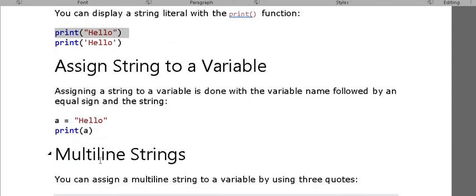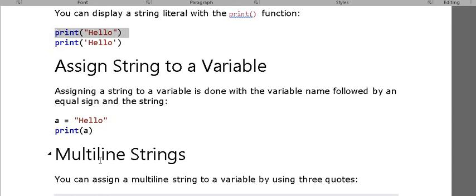Now, how do we assign a particular value to a string? If we want to assign a value to a string, we use the equal sign. Here I am taking the variable a, then a space, then equal to, then whatever string we want to declare, we declare by single quotes or double quotes.